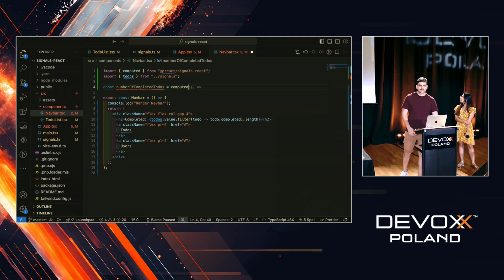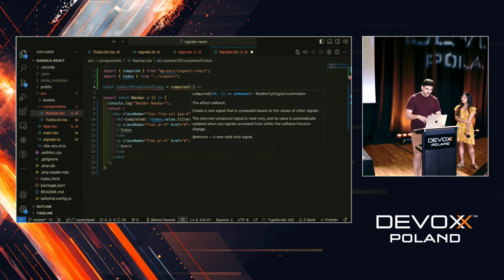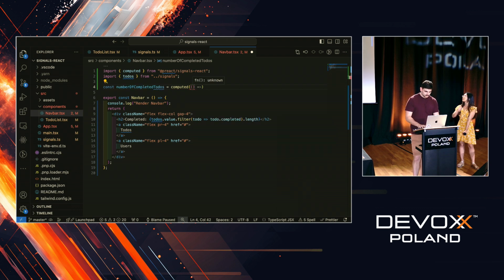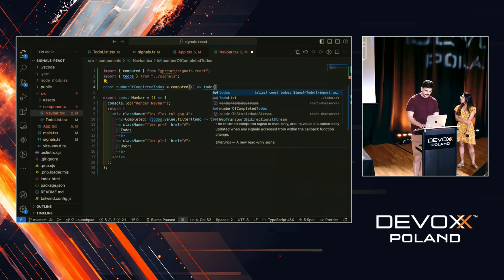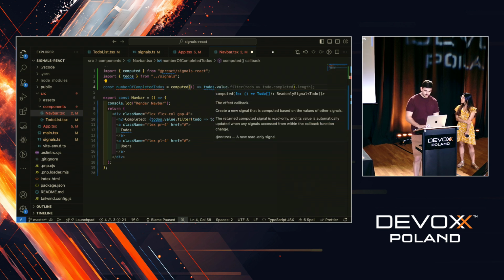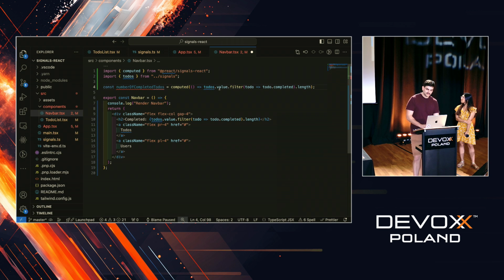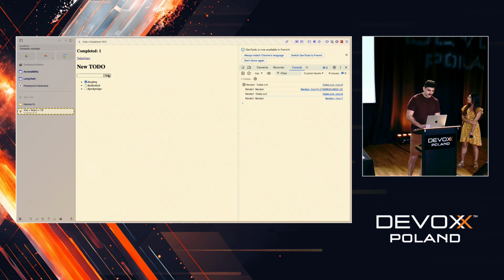I will import the function computed, and this function allows me to derive my to-do. So I just provide a function, and the value will be the number of to-dos that are completed. And so now I just need to use this new signal instead of the to-dos directly. Okay? And so